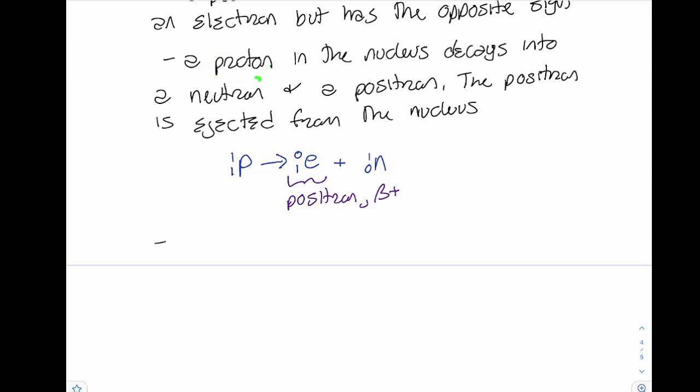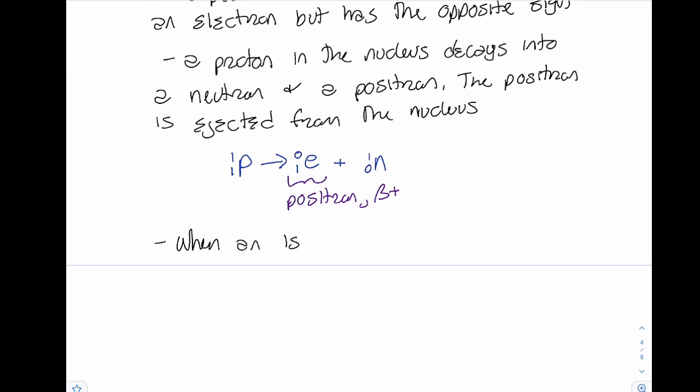I'm converting it to a neutron, which also contributes to my mass number. So I'm losing one, but I'm gaining one, so my mass number doesn't change. But my atomic number is going to decrease because protons are part of my atomic number and neutrons aren't. So